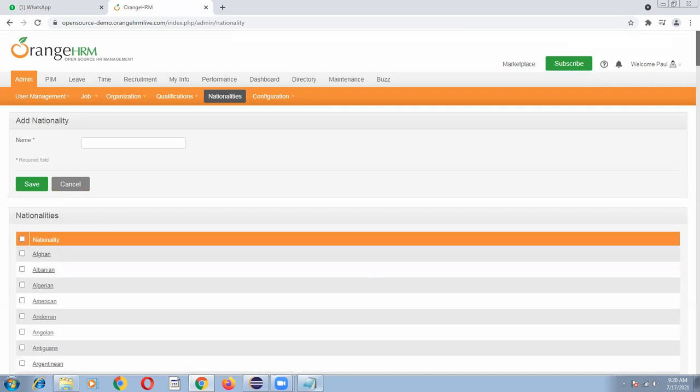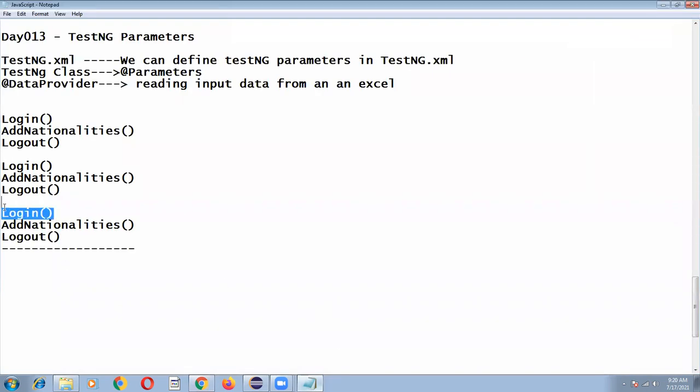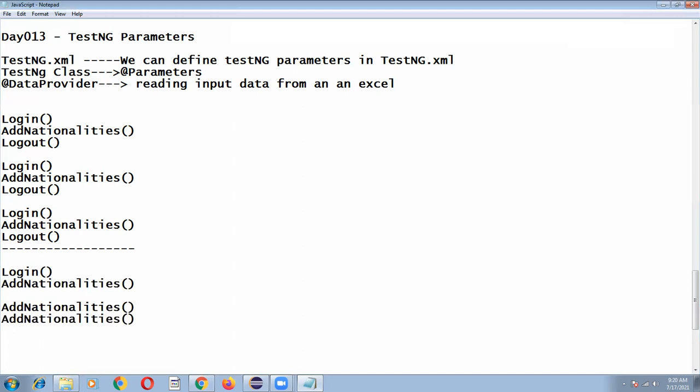I log in one time and execute add nationalities for the first set of input data. After that, again add nationalities for the second set of input data, and the third set. Finally I have to do logout. This is the efficient way we have to write the data driven test.